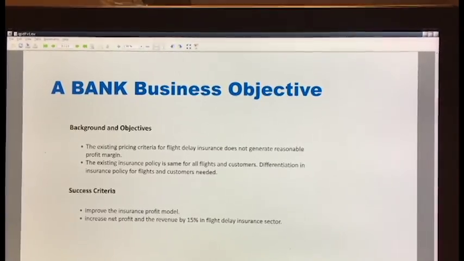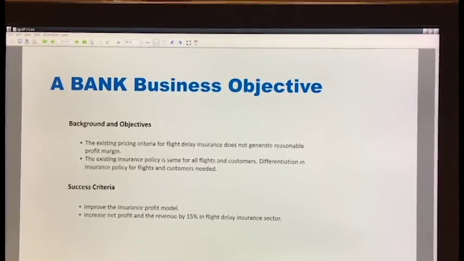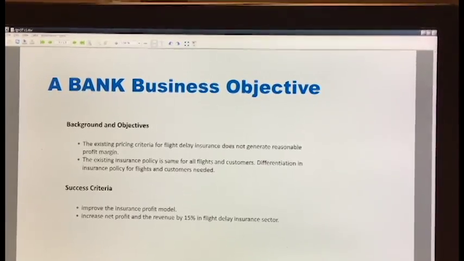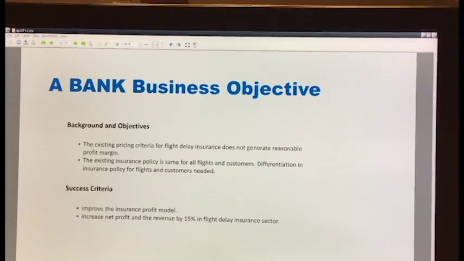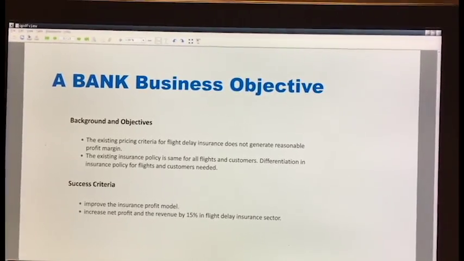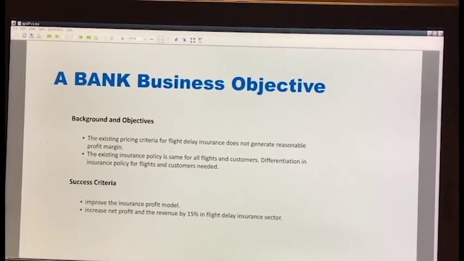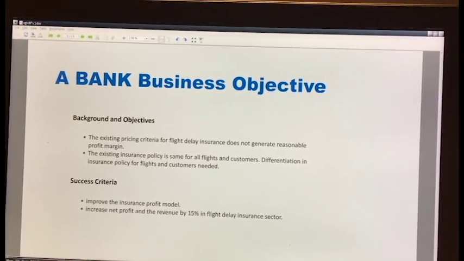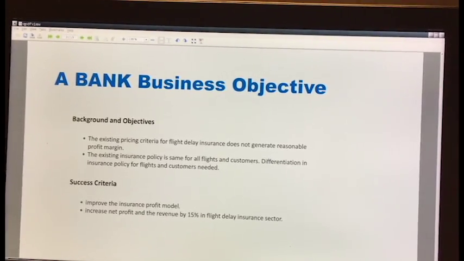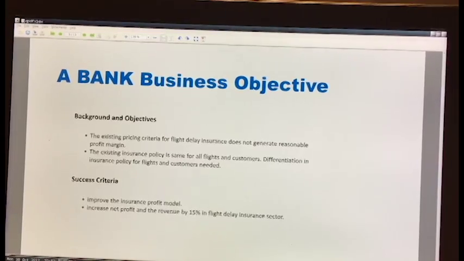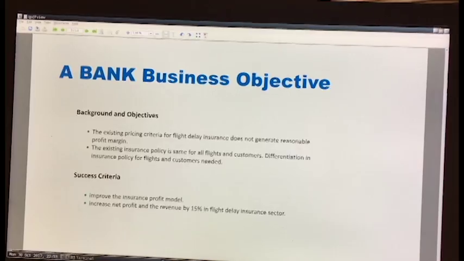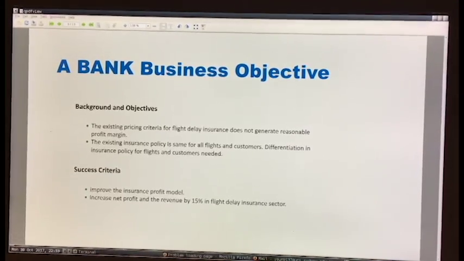The business objective is mainly that the company wants to promote its flight insurance, and they have an idea of setting up automated vending machines in major airports next to the check-in counter so that people can buy before they check in. And the bank wants to increase the flight delay insurance revenue on the insurance premium income, while minimizing the probability of